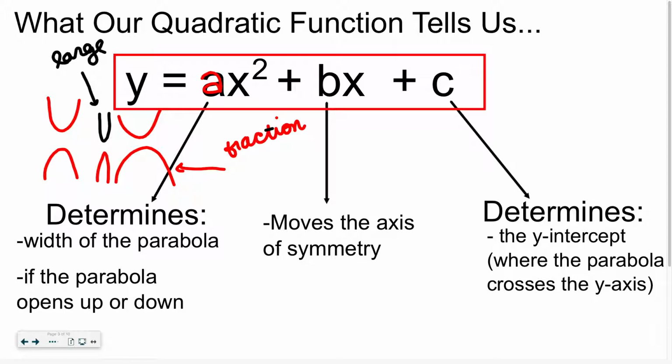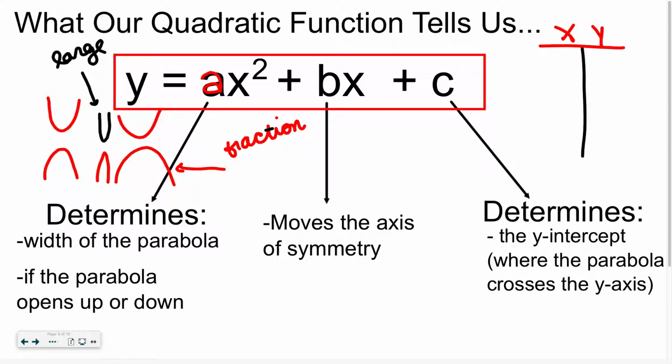After we worked with that coefficient of x squared, we started to build in the concept of this C value. This C value we identified was the y-intercept. Now, when we didn't have that B value, you could see that it actually moved your graph up and down. But if you ever needed to create a table to find the y-intercept, our y-intercept represents what value? The value of y